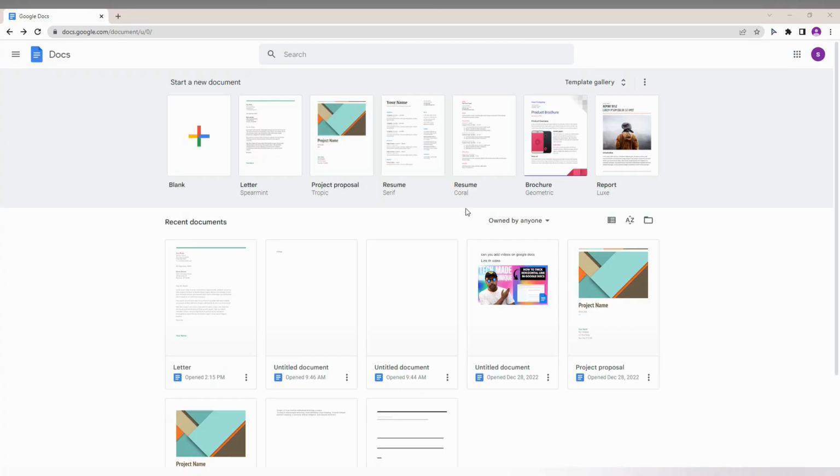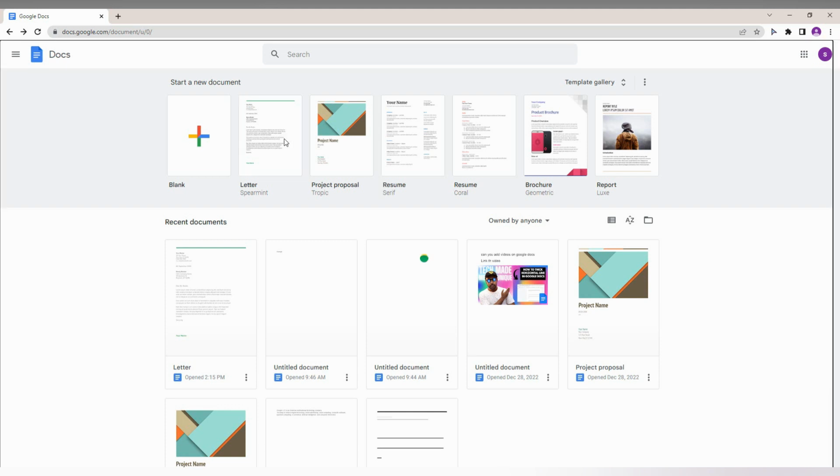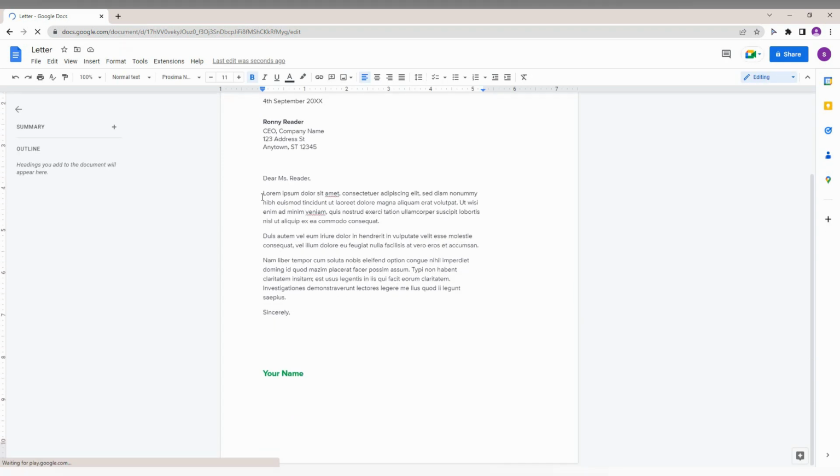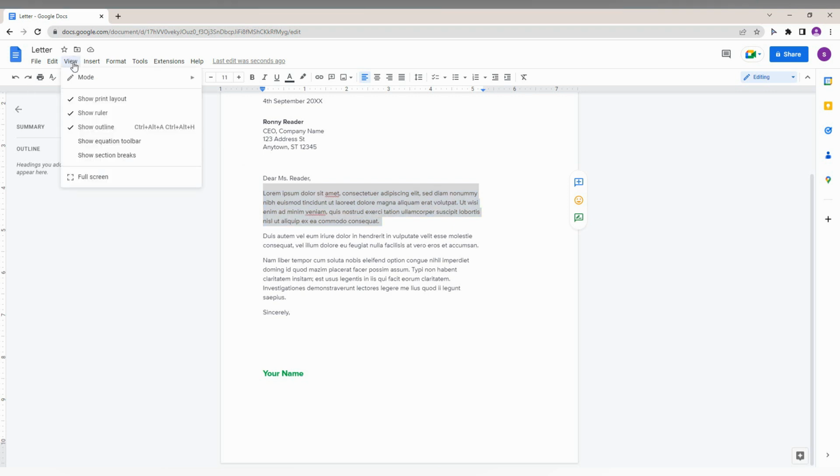To create the hanging indent, you first open a document, any document with a paragraph. So I'm just going to open a document here. I'm just going to open a letter. After opening the letter, I'm going to select the paragraph that should be created as a hanging indent. Just select it, then go to the